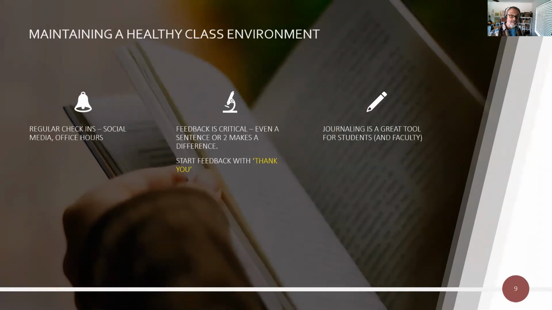I also think it's very powerful to start your feedback with the phrase, thank you. I mean, acknowledge the effort that the students have put in. Even if you're disappointed by the effort, acknowledge the fact that they've put the effort in. It's been shown to be a really powerful little way to engage the students more heartily in your class. And I'm a big fan of journaling.